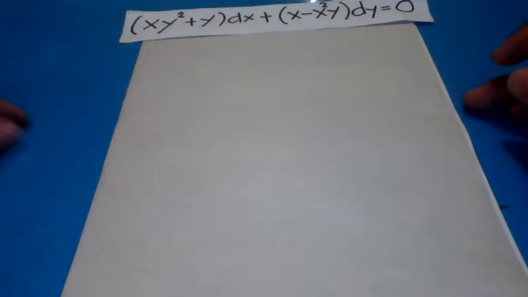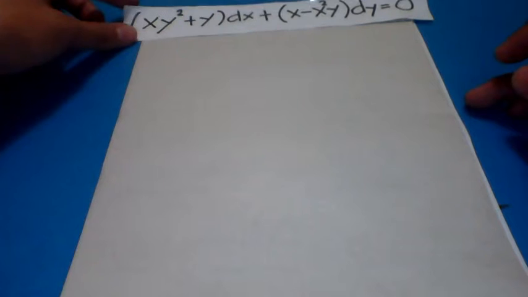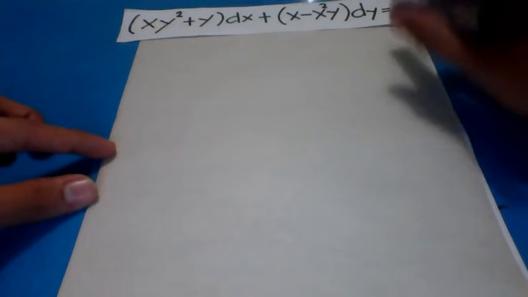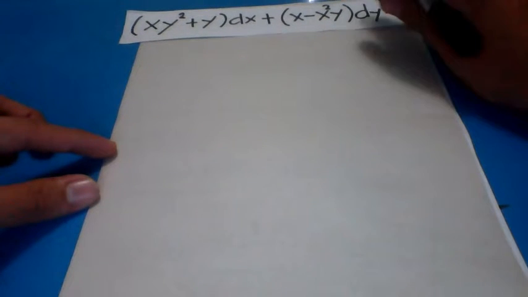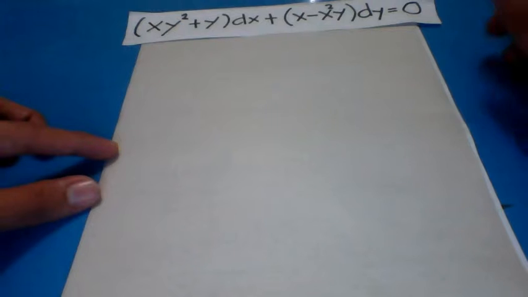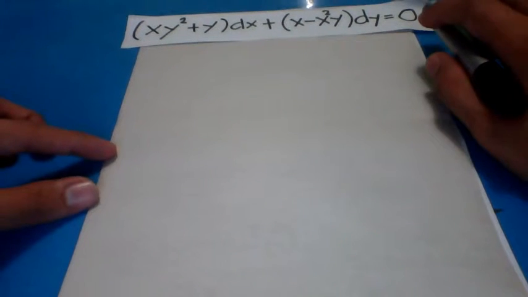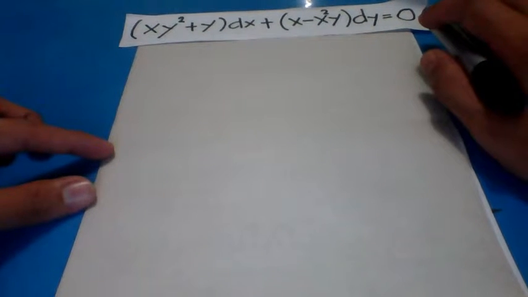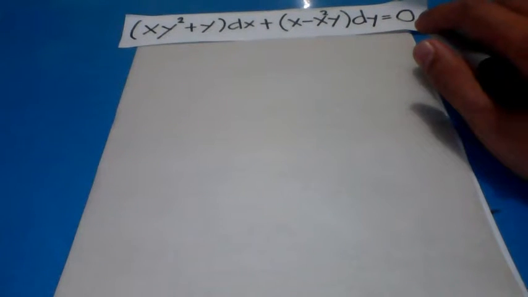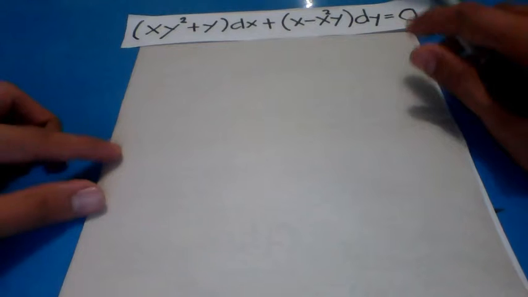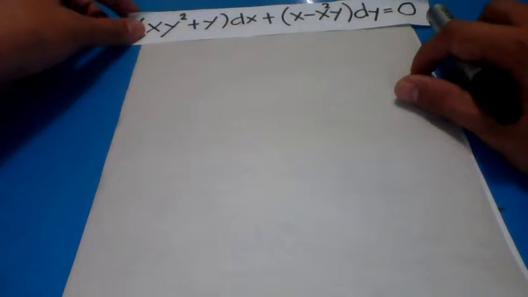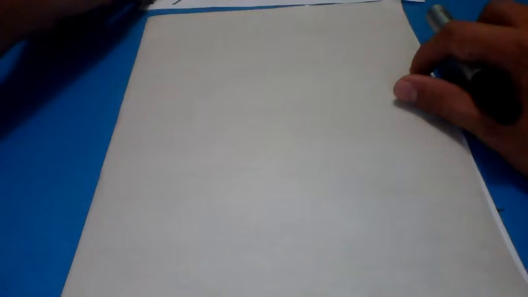And I have here (xy² + y) dx + (x - x²y) dy. As you can see, this is not exact. It can only be exact by multiplying by a proper factor. Such a multiplier is called an integrating factor. So this equation can however be written as